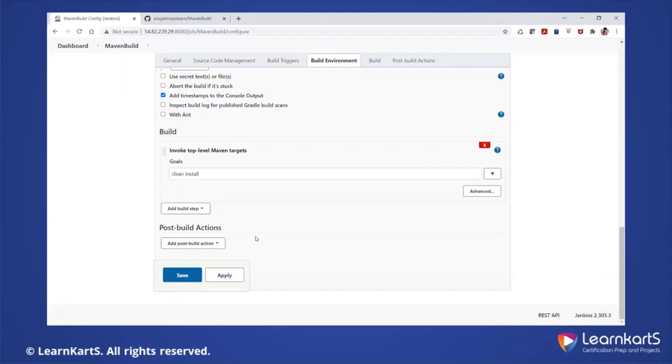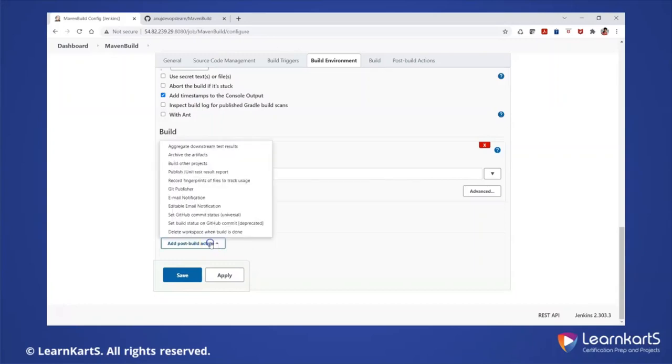These email notifications are very important, because ultimately using this, we are going to see how the email notifications can be sent out, and we can send the email notifications to get the desired output. So that's the reason why we are going for the particular email notification. So we are going for this post build actions or post build step over here, which will help you to send the email notifications, and you will be able to get the desired output here. So we go for the post build actions,